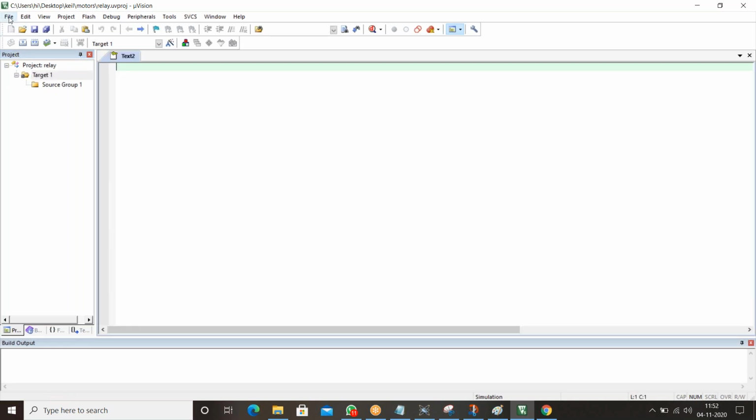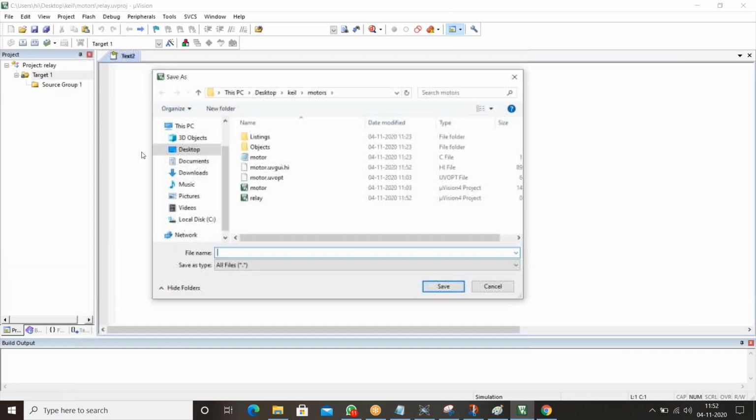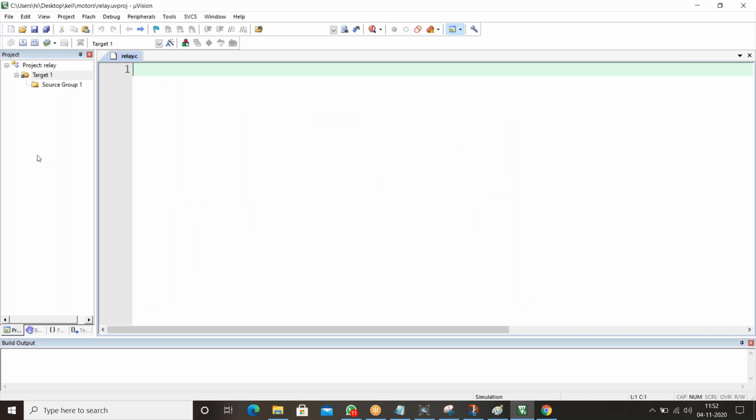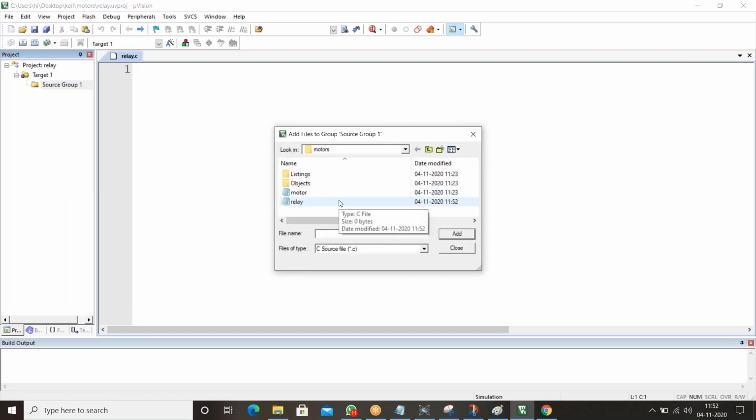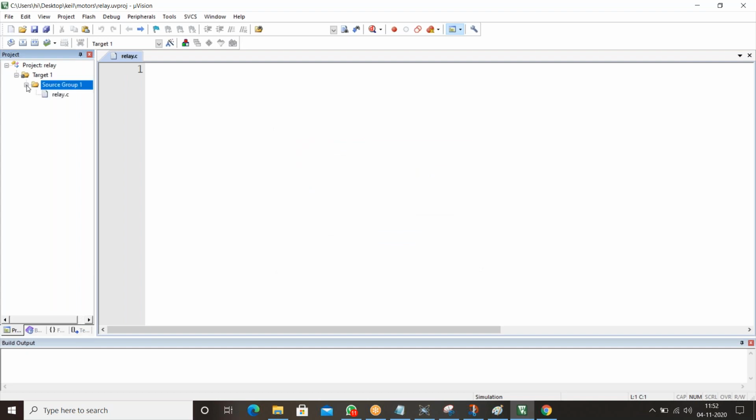Take this workspace, save it as relay.c. Yes, add to the source group one. Add existing file. You have to add relay. Add and close. Fine.